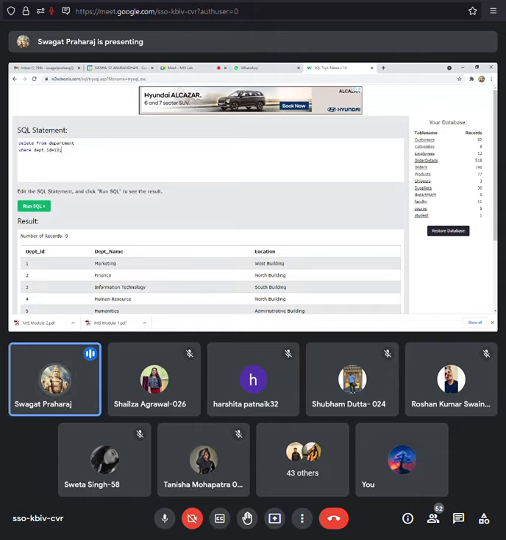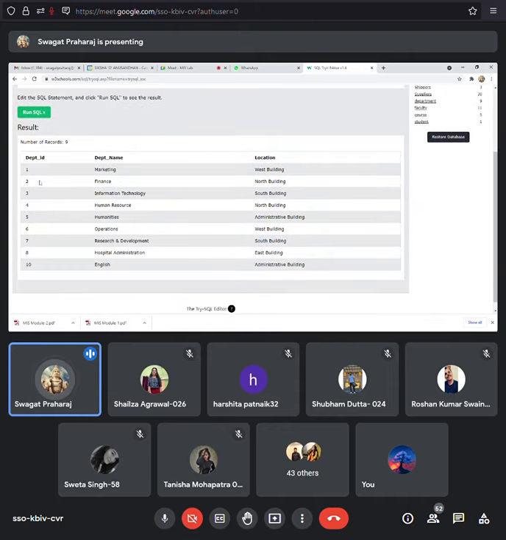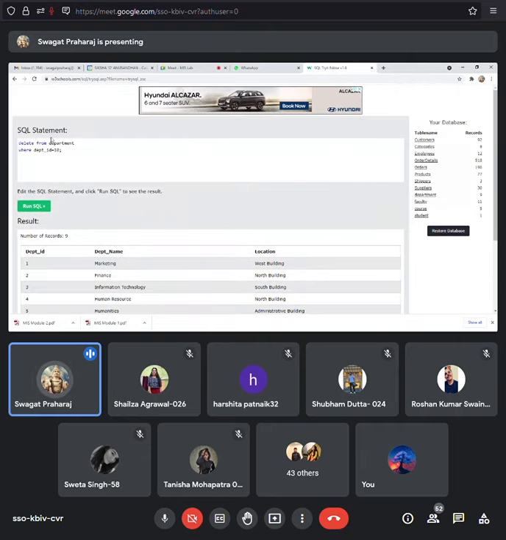Guys, you don't have to worry about what I'm writing. I'm just trying to tell you what the use of a database is and why it is required. Here we have 9 records, but at this point I want to get rid of this particular record, which is the English department. So I write a small query. We don't have to worry about these queries; I will be discussing that. Let me just run this one.